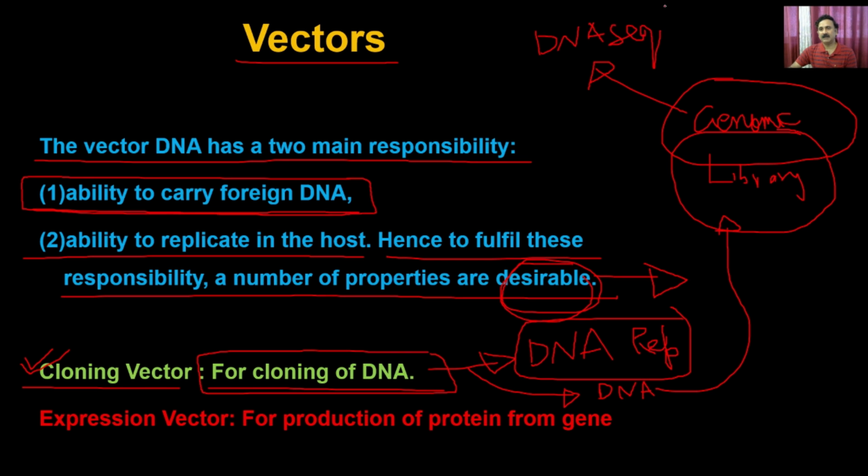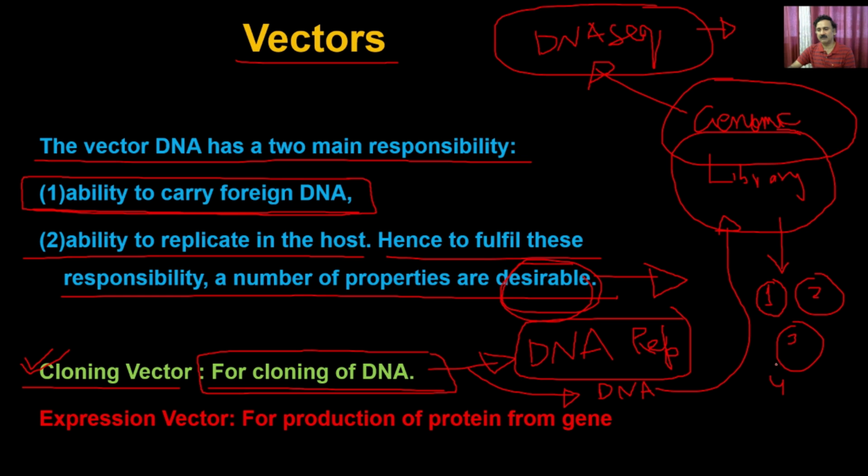This genomic library you can use if you want to do, for example, DNA sequencing. So, for example, people have prepared the genomic library of all the genes, all the DNA present in the human genome, and that's how they were able to sequence the complete genome. In this case, you are going to first generate the genomic library. For example, if I have a book library in my home, I can do a cataloging. I can write this is clone number 1, this is clone number 2, this is clone number 3, and this is clone number 4, and so on.